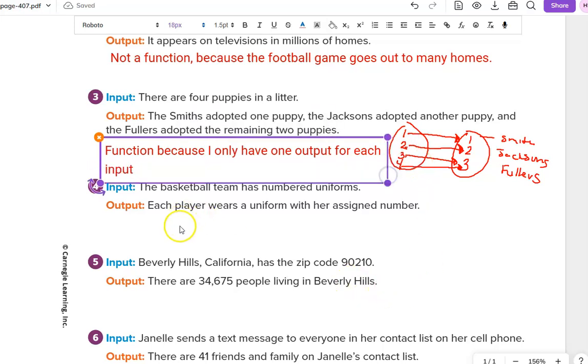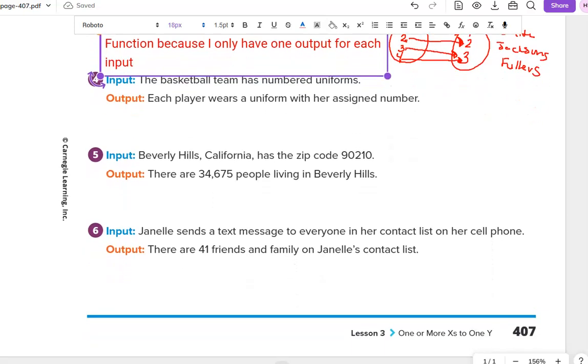Okay, I want you to do 4, 5, and 6, and then we will check them on Monday. So you can either pause the video and do it now, or you can continue watching and do it for homework. Okay, and then we are going to turn to our last page, which is